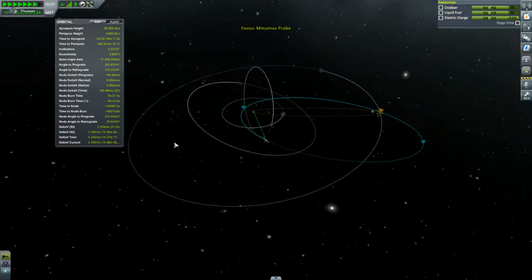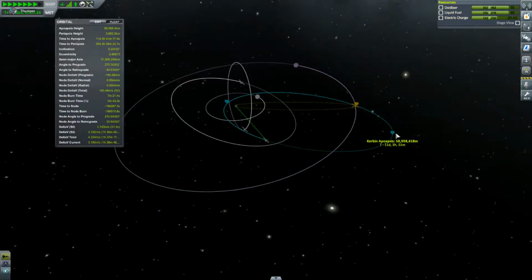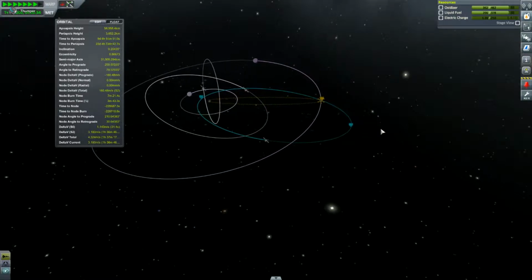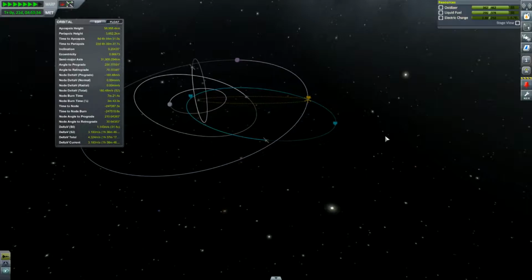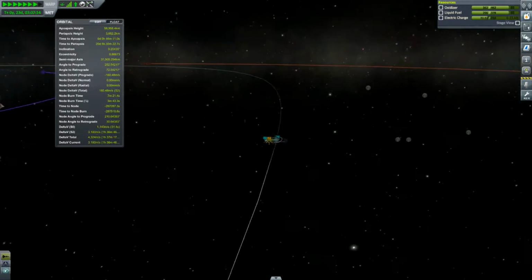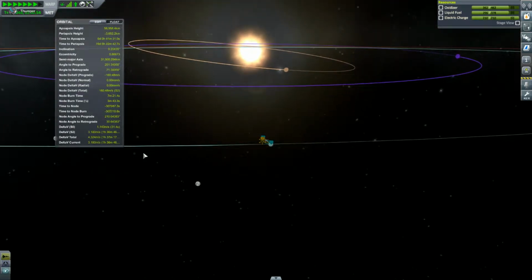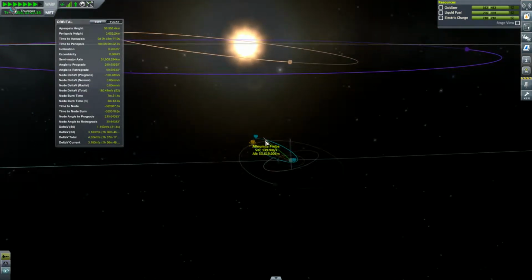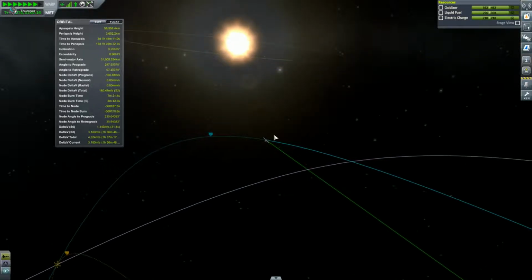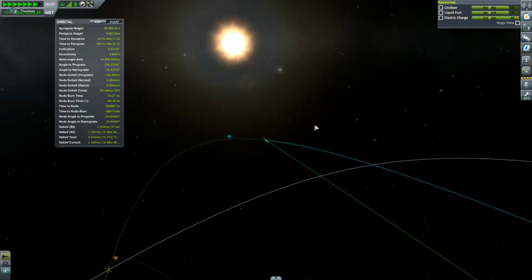Come on. There, Minmus probe. Have I got charged yet? Where's the sun? There it is. Yes, I have electric charge now. So...